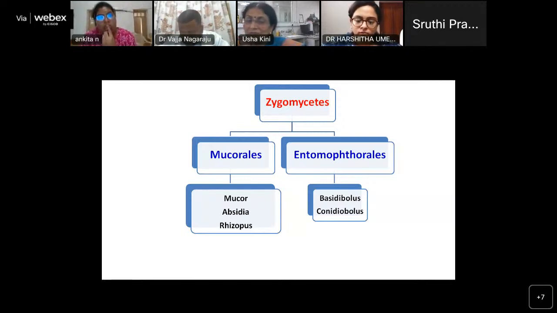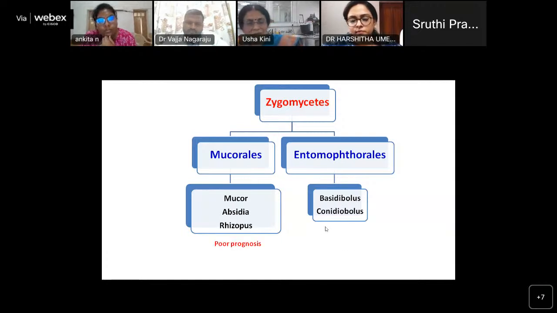But here, with great difficulty, you can pick up the fungus, right? You pick up the splendore-Hoeppli more than you really see the hyphae. So that is what was misguiding for you to commit this as fibrinoid necrosis or vasculitis. So can this be then entomophthoromycosis? So whether it is basidiobolus, this is more likely